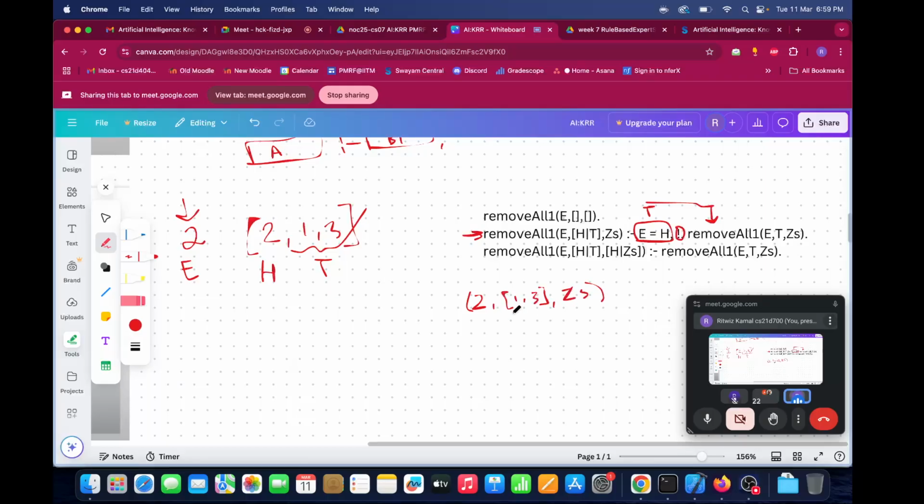Again, this has the head element as 1 and the tail as 3, right? And again we'll recursively call the remove all. In this case, E is not equal to H, right? Because E is 2 and H is 1. Yes, sir. So now because of this cut, where do you think the flow of the program will go? It will go to the next line. Next line, right? So then we will check remove all of